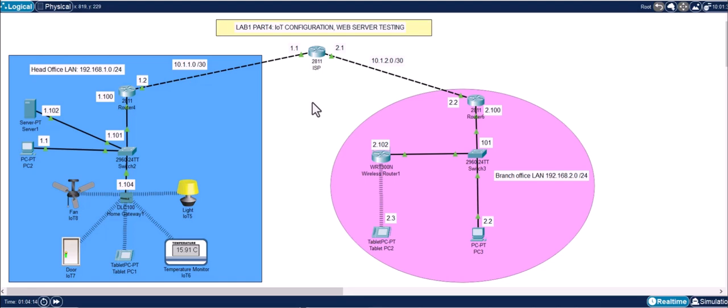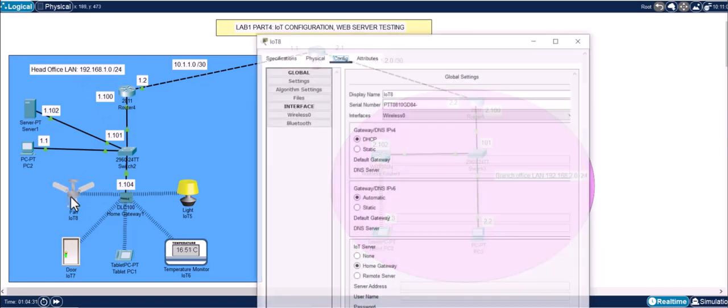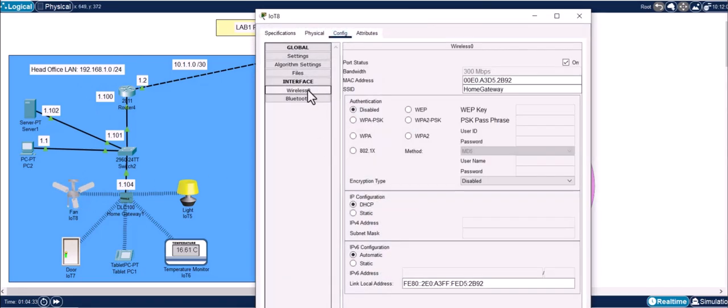So in part 4 of lab 1, we are going to configure our IoT devices and the web server. We start with configuring IoT devices to point to the home gateway and also the tablet PC. Next, we shall enable web services on our web server and make sure that from the remote site we can access that web server. And in this lab, all the IoT devices will be getting the IP addresses from our head office LAN. Let's start setting IP addresses first on the fan, come to wireless, and then make it static,